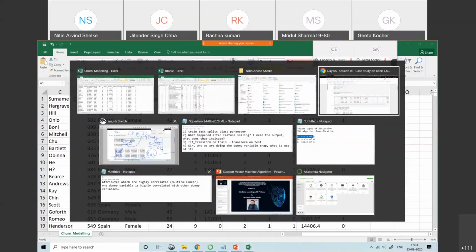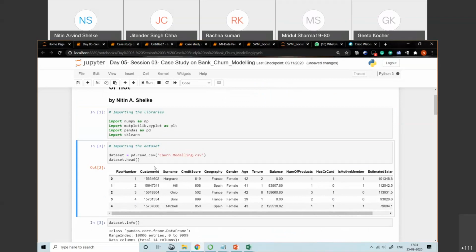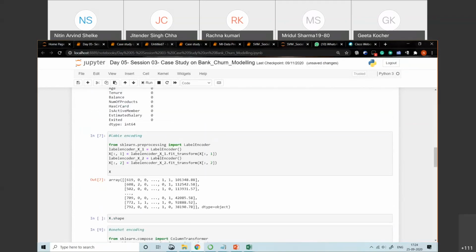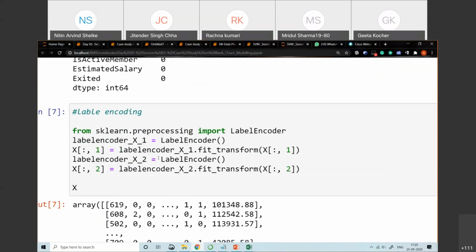As far as this code is concerned, the churn modeling dataset, let me directly go into label encoding. Observe here, first we import the label encoder from sklearn.preprocessing.